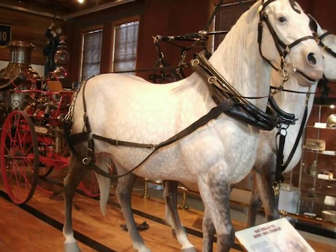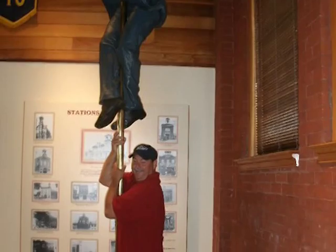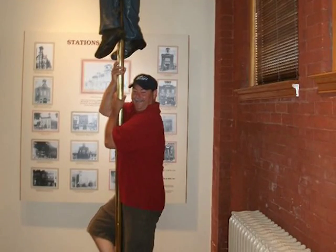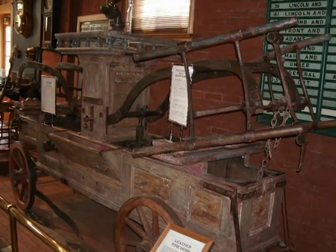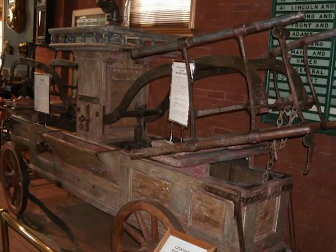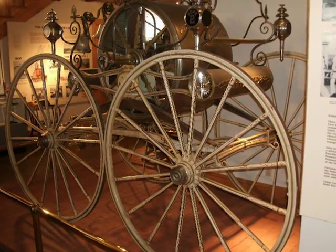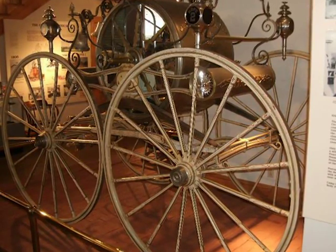Guests begin the tour in front of the firehouse, where they can meet Bert and Charlie the fire horses, pretend to try out this old fire pole, which as my uncle demonstrates works just fine, and view some old fire wagons, from the 1792 pumper, the oldest of its kind still in its original configuration, to the ornate Jenny Cameron, which was awarded as a prize to the Harrisburg Fire Company that raised the most funds to build a Civil